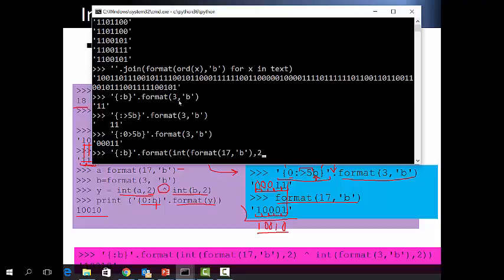I want to make it binary, which is int number and binary number 2, and then I want to make it exclusive OR.